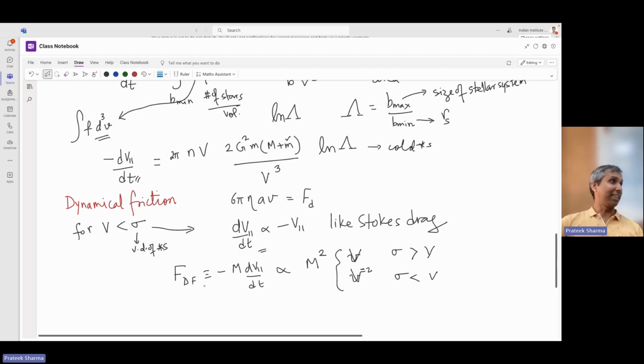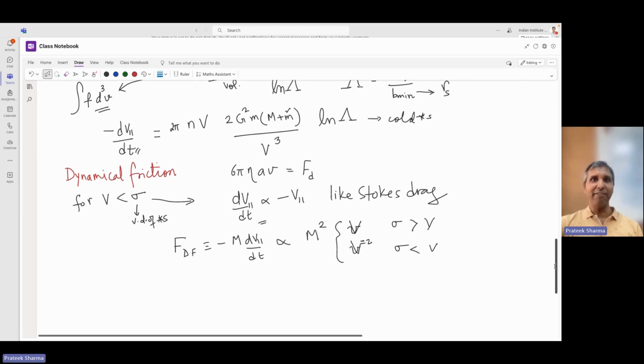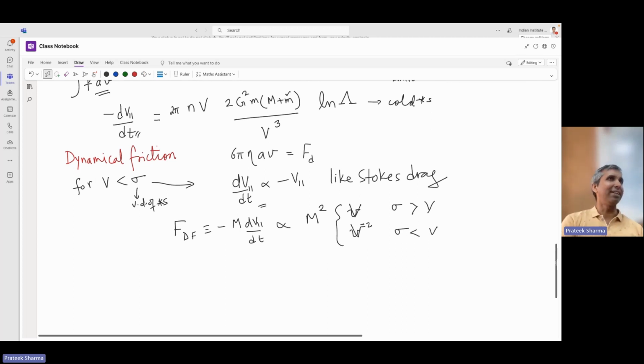Right, so this is actually interesting. The more massive an object is, the higher the force it will face. In fact, the acceleration is proportional to the mass of the test particle itself. We are not used to this kind of thing very often, right? For the simplest two-body gravity, acceleration is independent of the mass of the object. The thing to notice here is that the deceleration is proportional to the mass of the projectile itself. The more massive the galaxy is, the faster it will lose its directed motion and sink to the